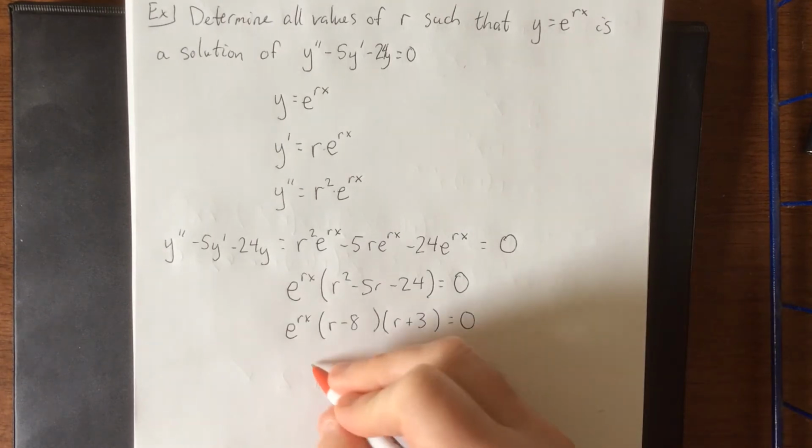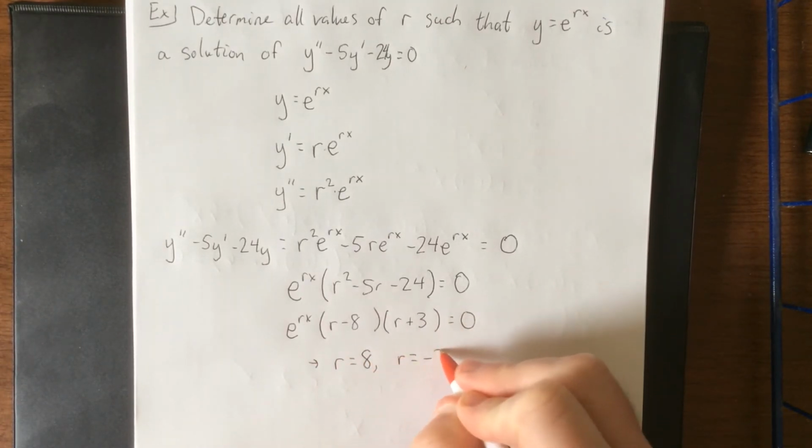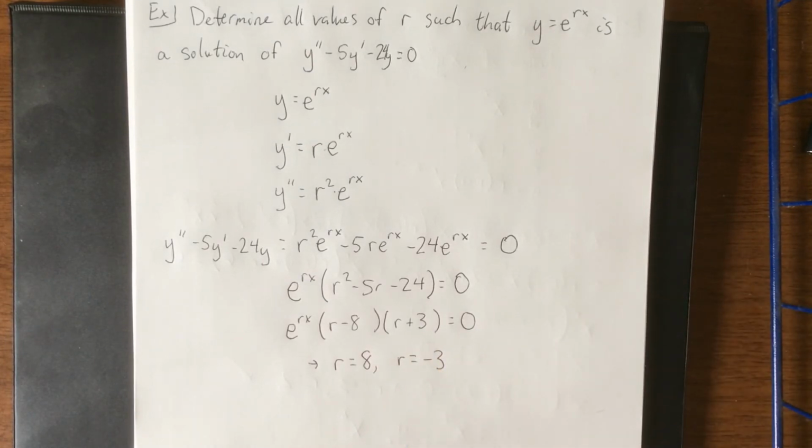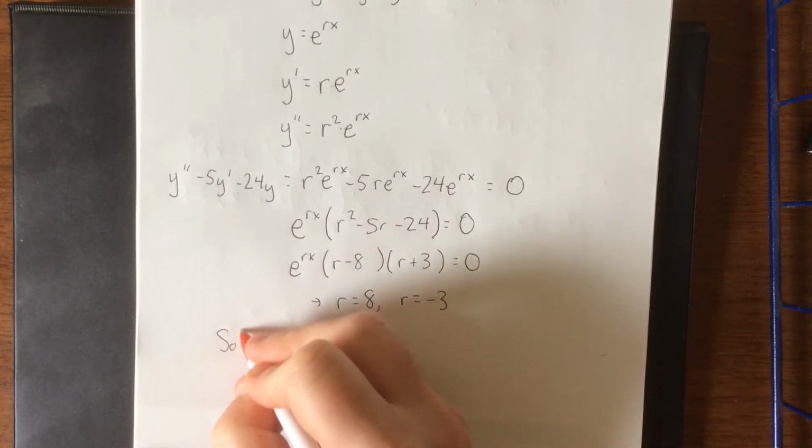According to the factor theorem, this means that the two solutions would be r is equal to 8 and r is equal to negative 3. This is technically as far as we would need to go with the problem. However, we can also take it a step further and say that the solutions